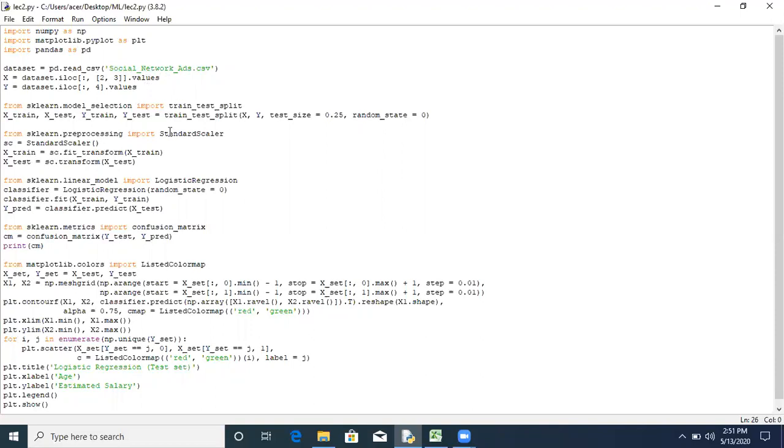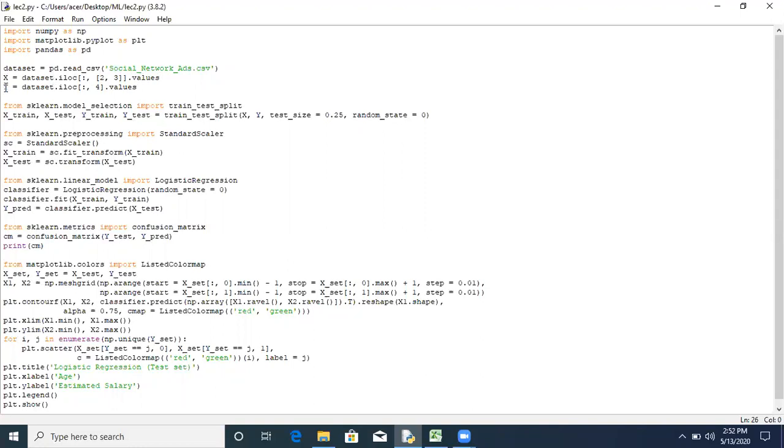Then to access the elements of your data set, you have to use dot iloc and dot values. This colon indicates all the values, all the rows, comma. The second value contains the columns. So column number 2 and column number 3 we are considering as input, and based on this input we are predicting the output.